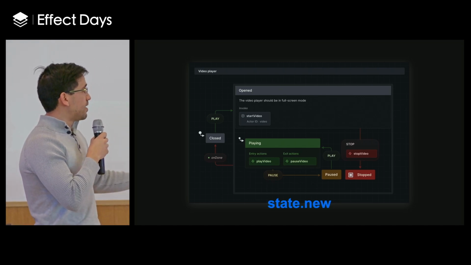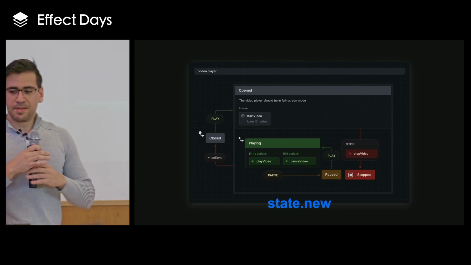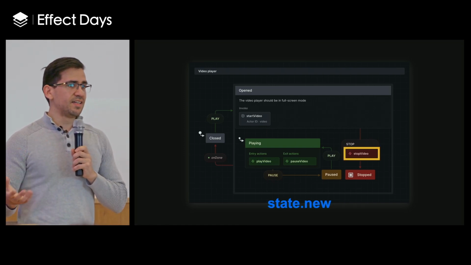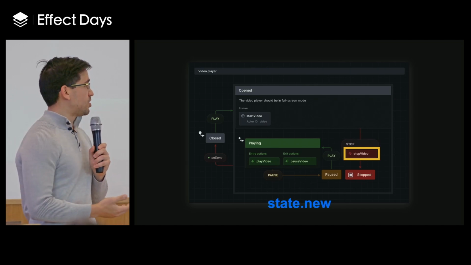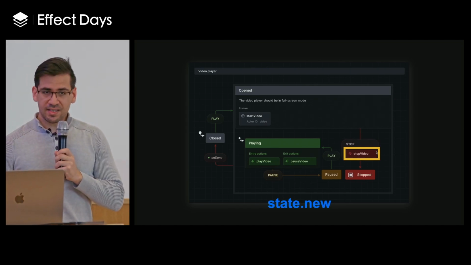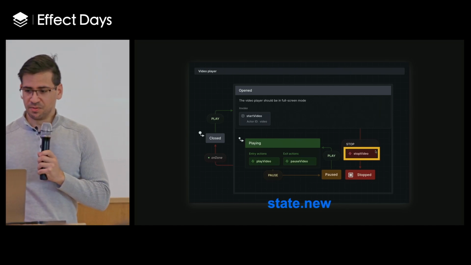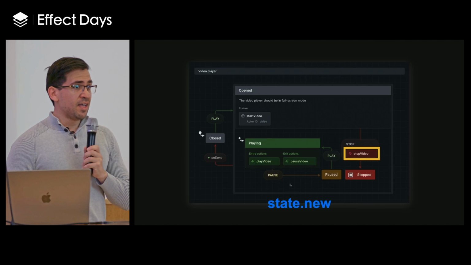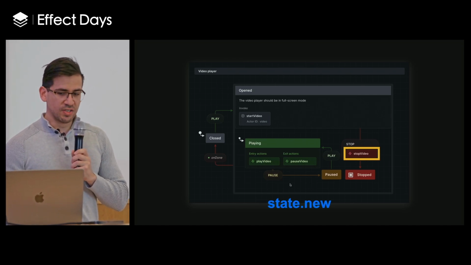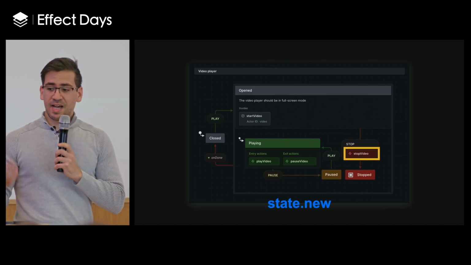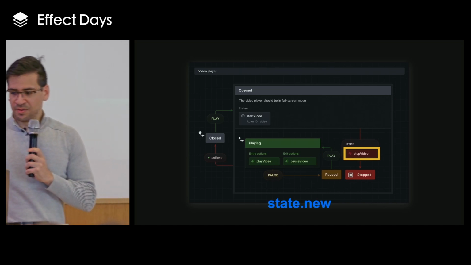And then you could pause it, and the video could stop, etc. So we have the idea of declarative effects in state charts. And these effects can either be actions or actors, which I'm going to talk about soon. So actions always happen on transitions. So for example, if the user presses the stop button, then the stop video action should execute.